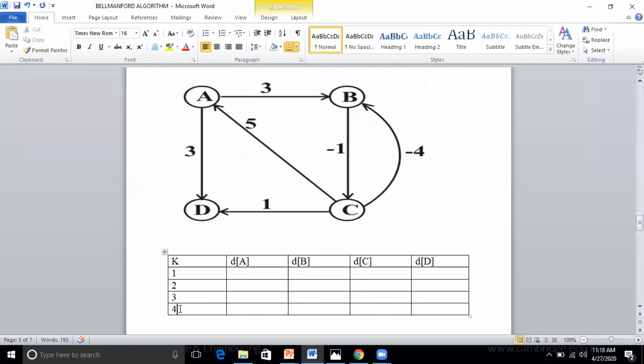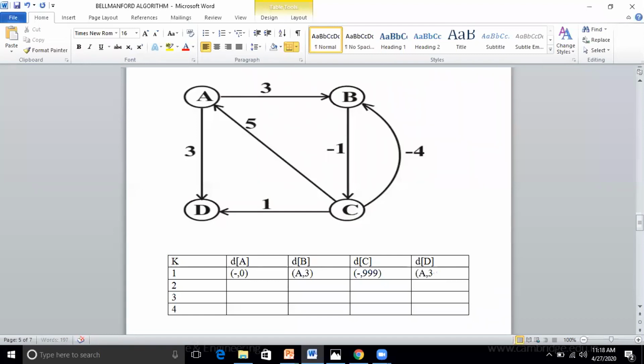Correct? Okay. So now what is A? I'll take it as a source. That A will be 0. So I'll just write dash comma 0, since it is a source. B, you have a direct edge, 3, via A. So can I write this as A comma 3? Yes, sir. Okay. What about C? Infinity. You have a direct edge? Infinity. So I'll write dash comma 999, but you write the infinity symbol. Then D is A comma 3.